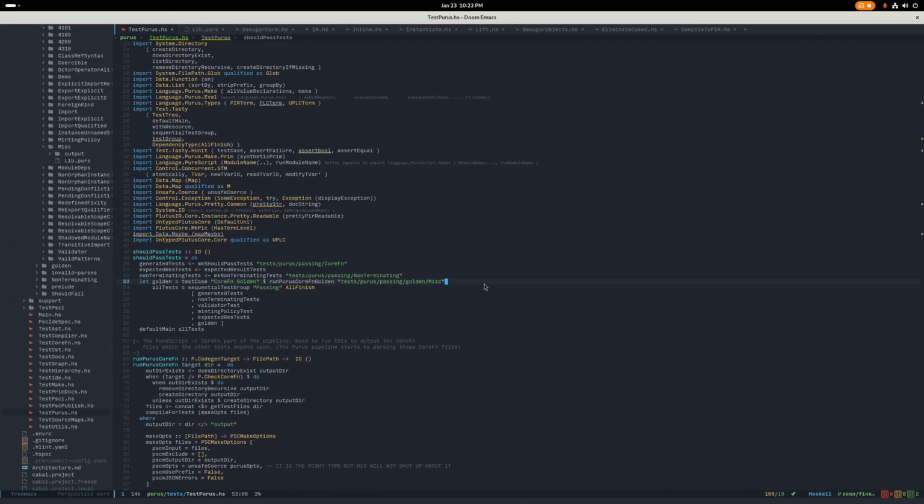And what these golden tests do is, due to the aforementioned issue with the unique indices, which eventually get translated into De Bruijn indices in the PIR to UPLC compilation phase, but we could not figure out whether or not De Bruijn indices would be suitable before that. But because of this issue with the unique indices, right, it's extraordinarily difficult to come up with golden tests